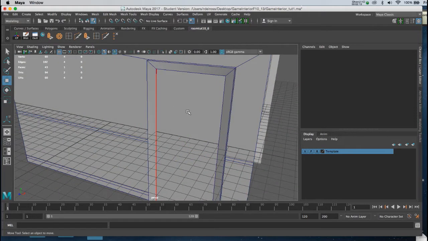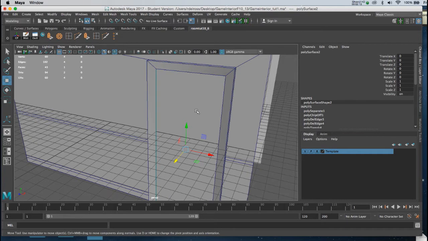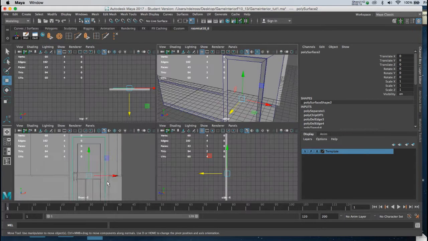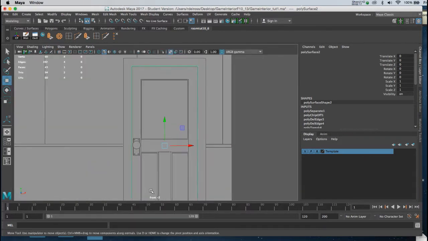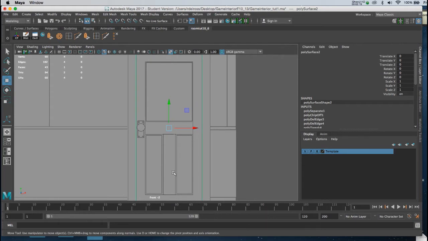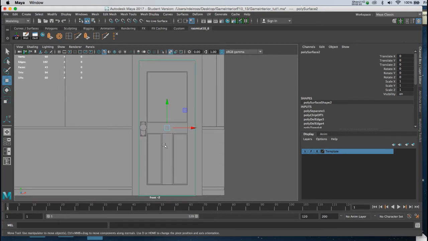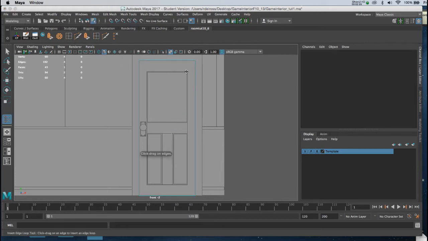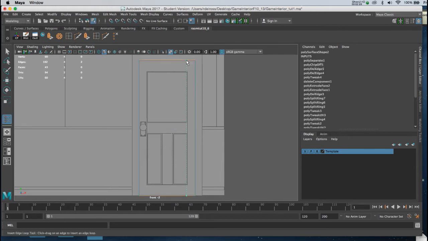So I'll select my door surface, I'll go back to object mode, and I'm going to go to my front view so I can use my drawing as reference. In much the same way we sliced up the wall, I'm going to use the edge loop tool, and I'm going to start to put in the edges I'm going to need to frame out the